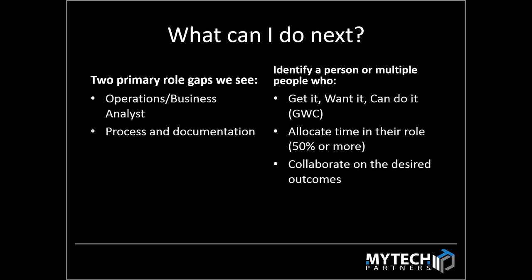So first and foremost, when you're trying to identify a person, there's a key concept. We use a methodology in our organization called EOS, the Entrepreneurial Operating System. If you were at Tech Pulse last year, in 2014, Gino Wickman was the keynote speaker, and his book Traction talks about EOS. One of the concepts in EOS is: do you get it, do you want it, and can you do it? So when you look at a person and at the role that you want them to fill,